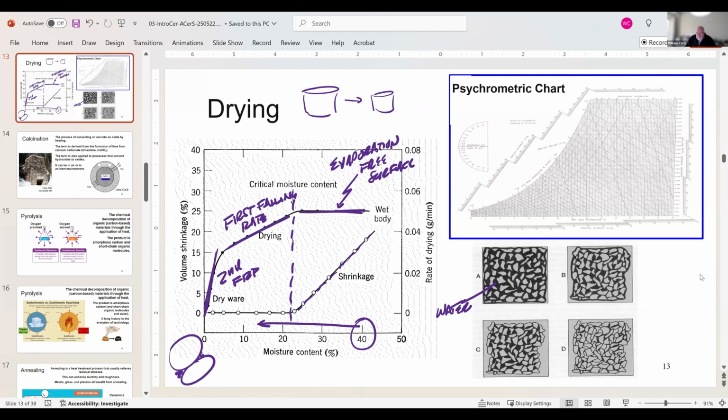Your opportunity for damage occurs up to this point. And that says that once the system stops shrinking, your ability